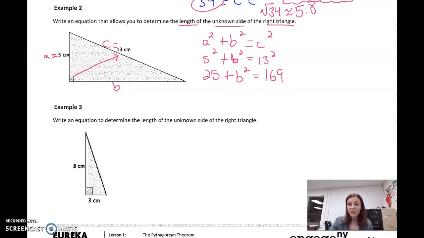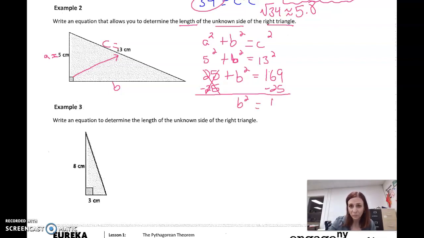Okay, solving an equation. We know how to do that. I'm solving for b squared, so I start order of operations backwards. I get rid of whatever is being added onto it or subtracted from it. That's this 25. So it's a positive 25, or you can think of it as plus 25, minus 25. Positive 25, negative 25. That's 0, and I'm left with b squared equals